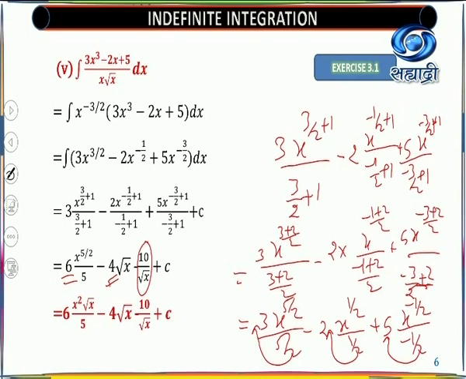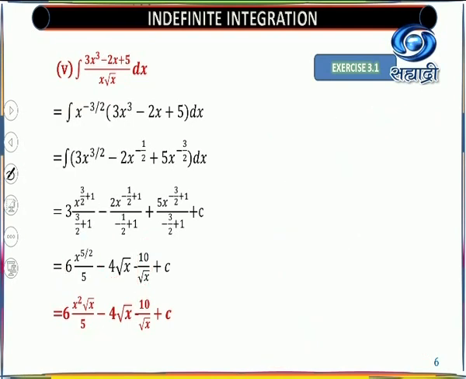Final answer says 6 into x square root x. Why x square root x? This is the simplification. x raised to 4 plus 1 upon 2. Okay, now I will simplify this term for you. That simplification is also important. From where did you get this value? That is nothing but x raised to 5 upon 2, which is x raised to 4 plus 1 upon 2.